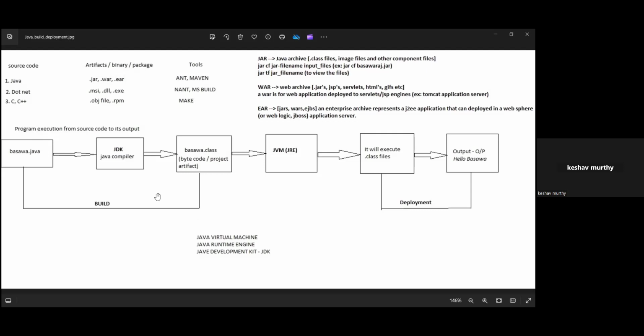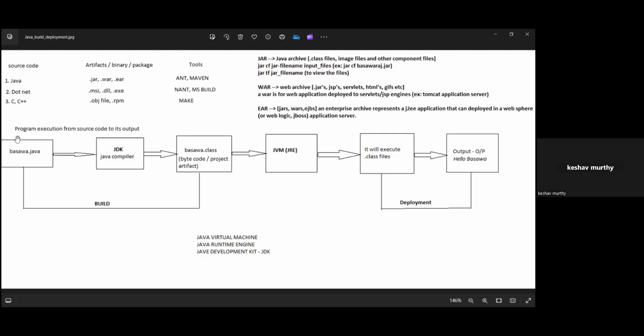For every single Java file, I'll get a .class file after compilation. Whatever .java file is there will be converted into .class files. This I'll call a bytecode or binary or a project artifact.